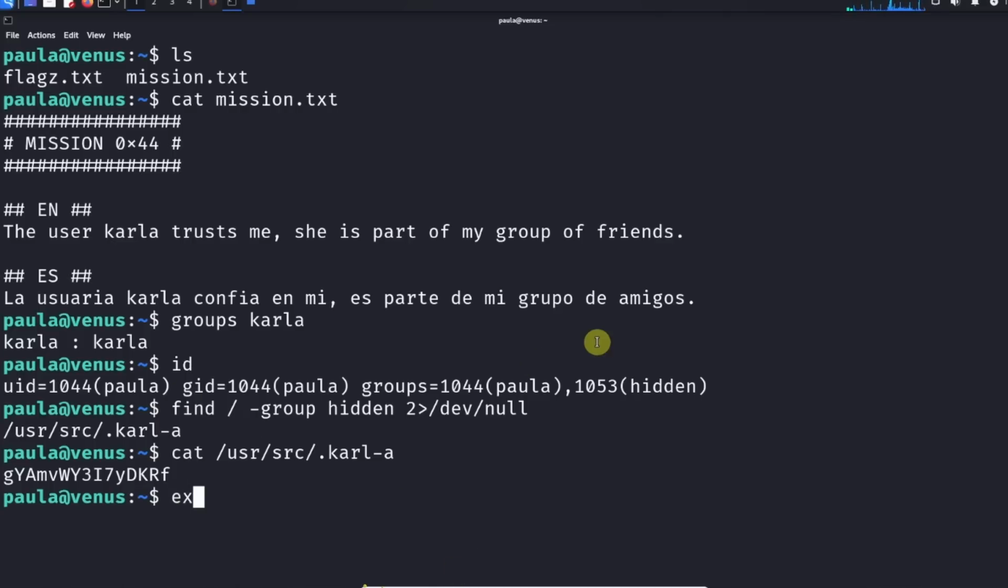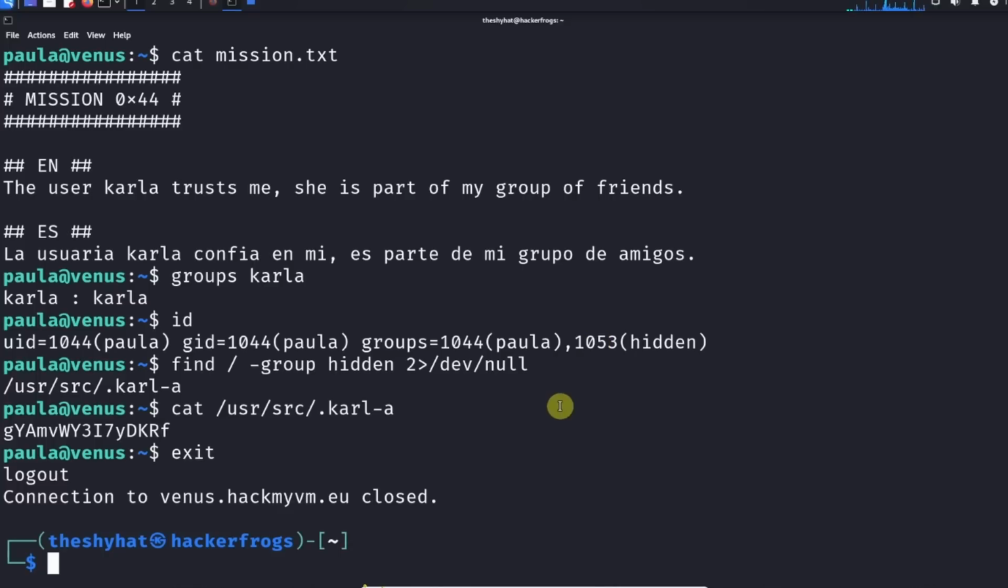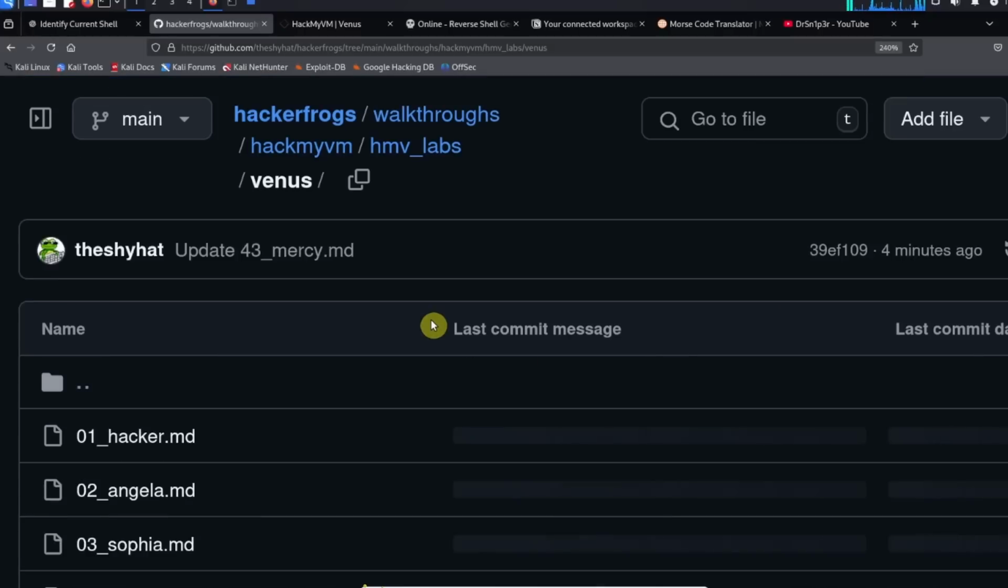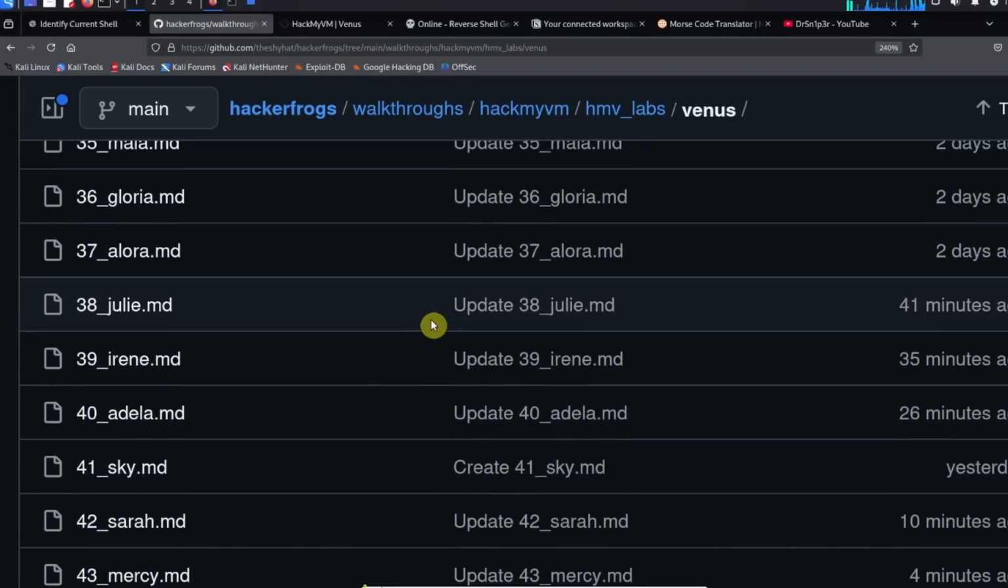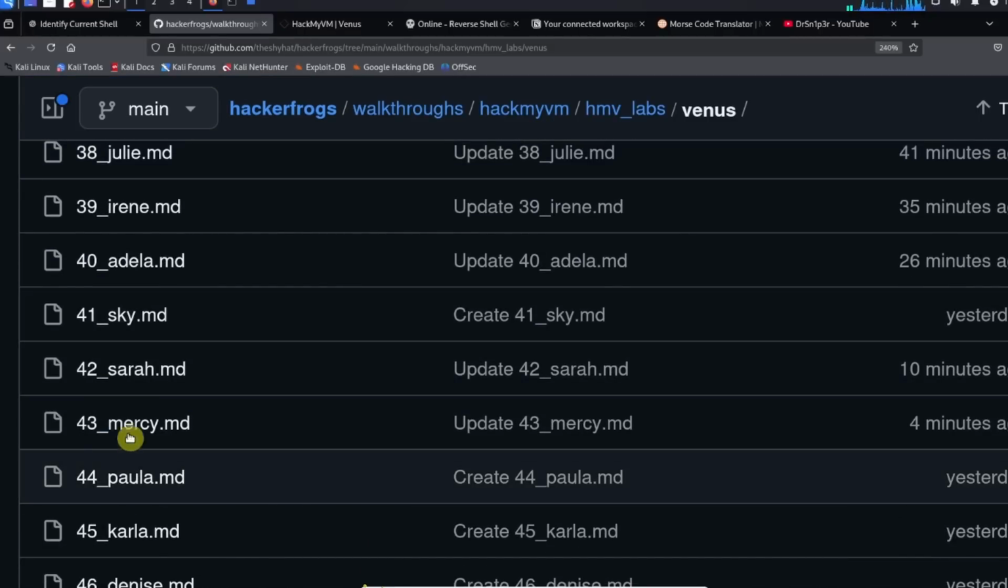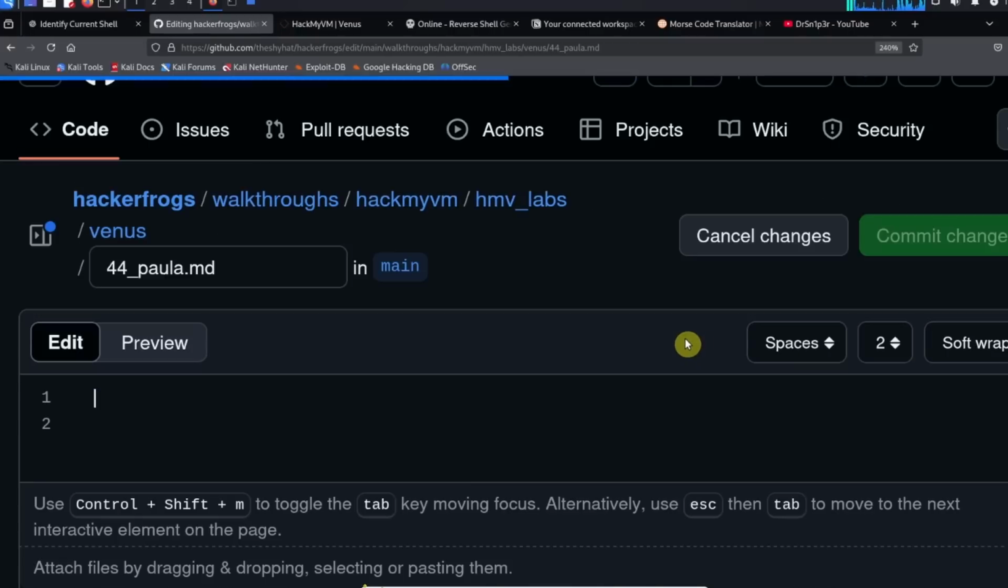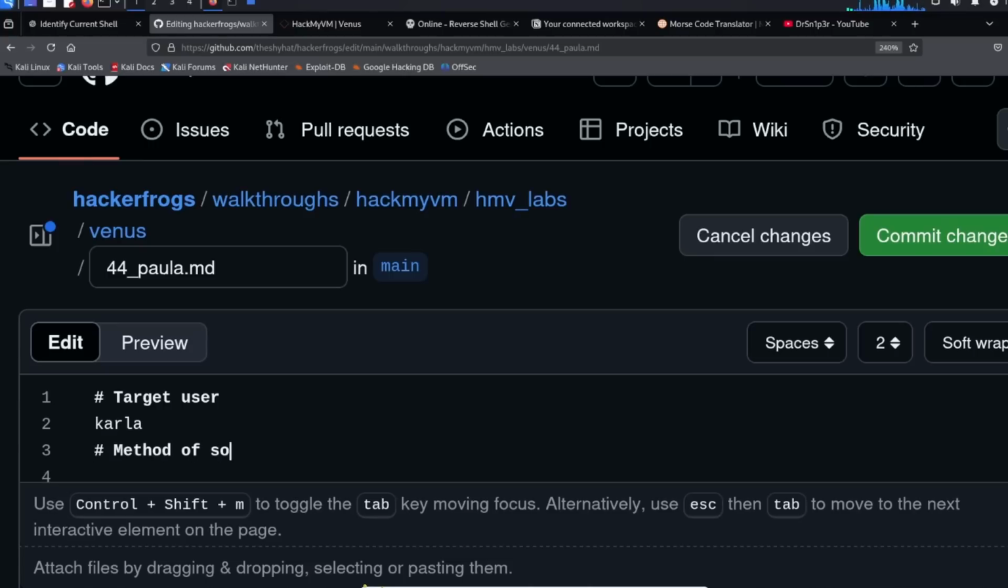Okay, let's get out of here and let's do an after action report over at github.com. This is level number 44. Okay, so who is the target user? The target user in this level was the Carla user, and the method of solving this level